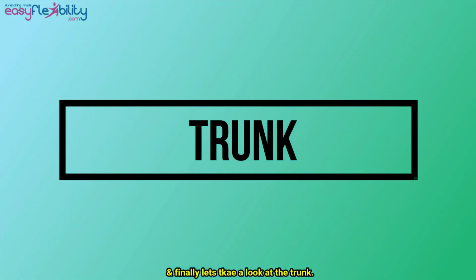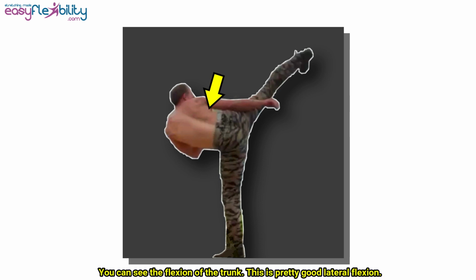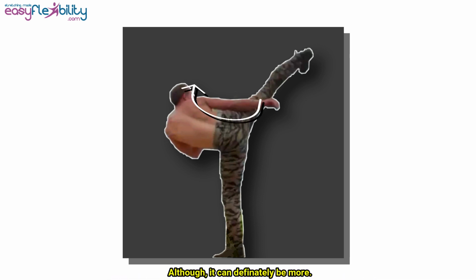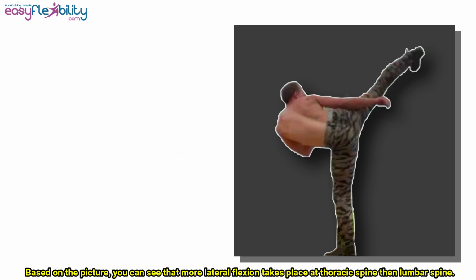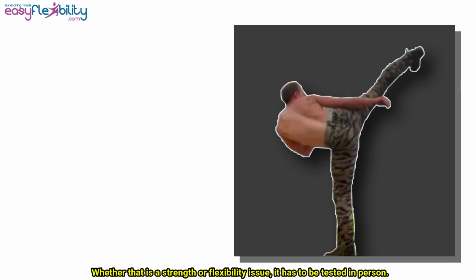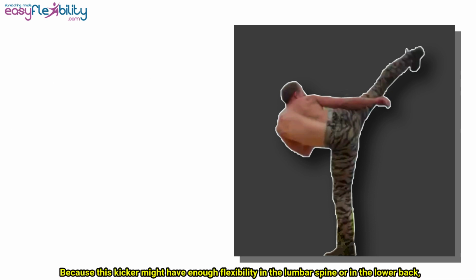And finally, let's take a look at the trunk. It's interesting because you can see the body, there's no shirt. You can see the flexion of the trunk. This is a pretty good lateral flexion, although it can definitely be more. Based on the picture, you could see that more lateral flexion takes place at the thoracic spine than the lumbar spine. Whether that is a strength or flexibility issue, it has to be tested in person, because this kicker might